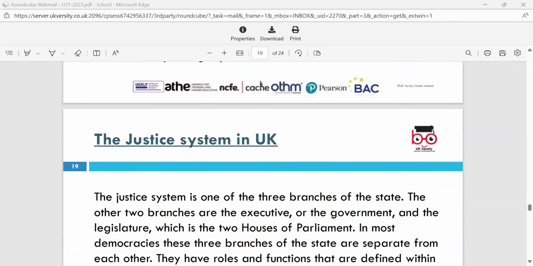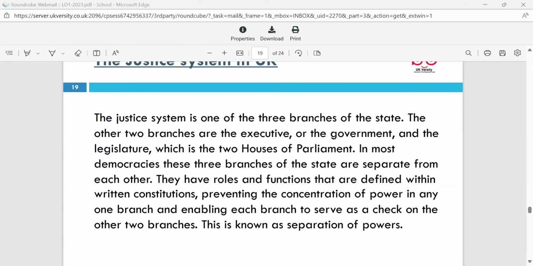So the justice system in the UK has three branches. The three branches that we have, in regards to Parliament, the state, are the executive or the government, and the legislature. And we also have the judiciary, which is the one that deals with the element of the laws. So the UK government is structured with an executive, a legislature, and a judiciary, and they are